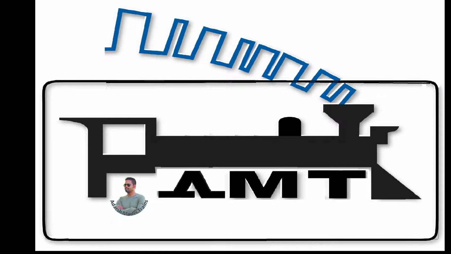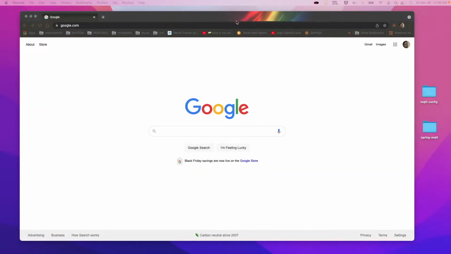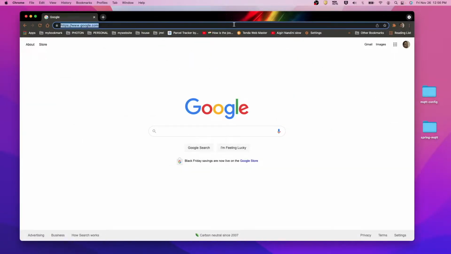So today we will see how we can use snap turnout with the relay switches with our wireless module. So first, what we have to do is just go to the GitHub page,